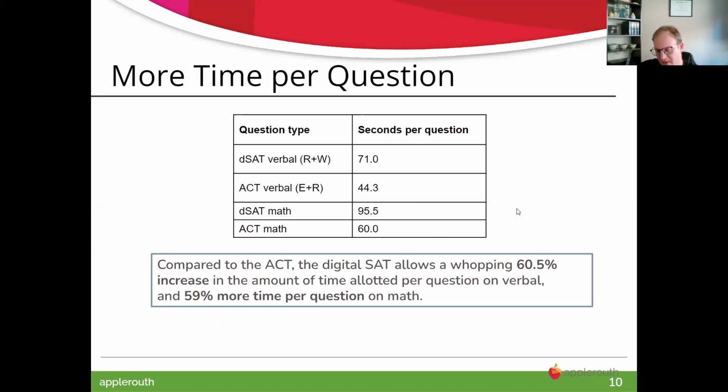And then the last little bit of structure, and what this test looks like. You get on average a bit over a minute per verbal question. That's a lot longer than you get on the ACT, for example. And then same with math, you get on average about a minute and a half. So some questions will be very quick, super easy, 10 seconds. Others might take us a few minutes, but we want to average out to about a minute and a half.